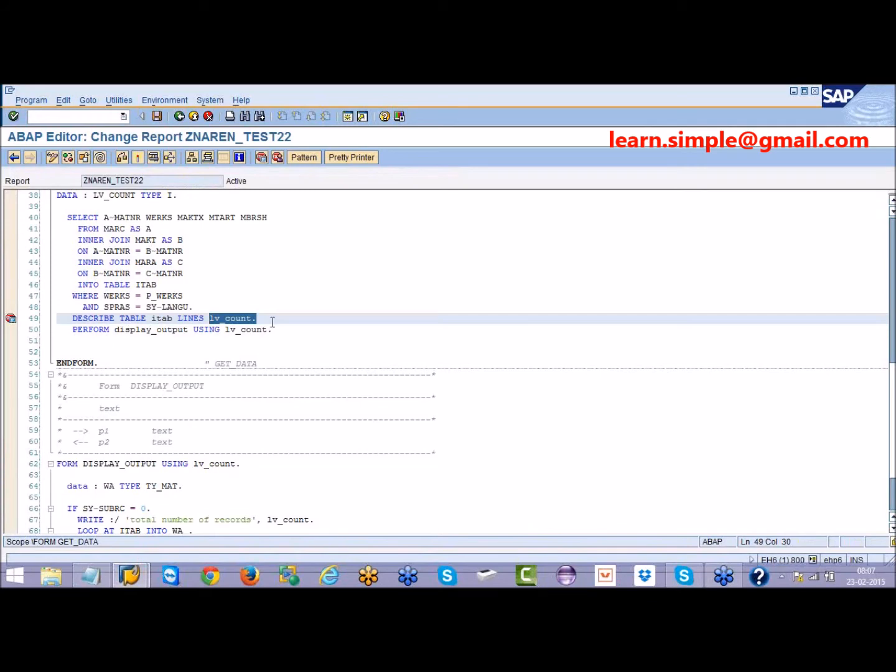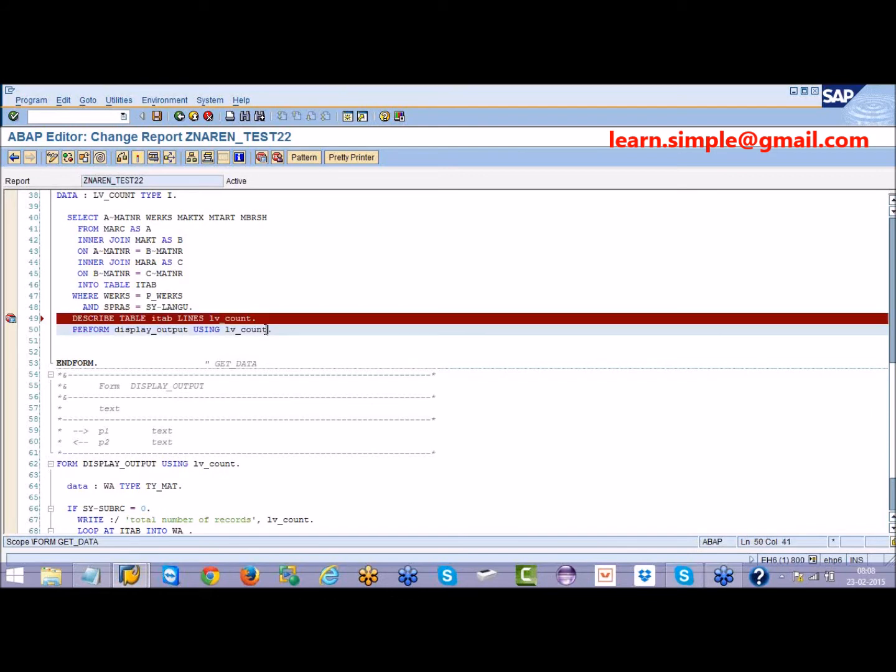Not only a single variable. Maybe if you have n number of variables, say 5 variables, so LV count is there. Similarly, you want to pass side item, that means current date. If you want to pass, sorry, not here, here in the subroutine I can give that. So here not only LV count, I can pass the date, I can also pass something else, n number of variables you have to pass. You will capture that n number of variables here. Say for example, now I am passing 2 variables to this subroutine. I will capture here.